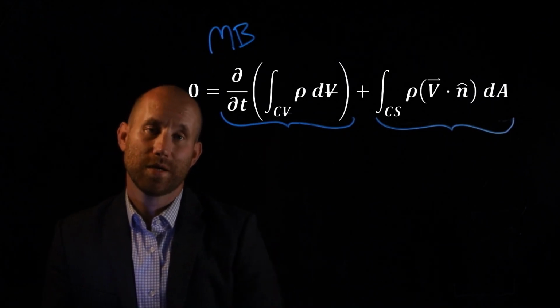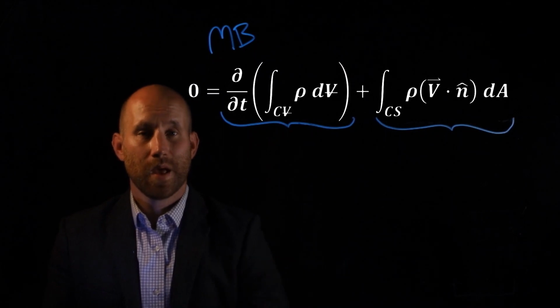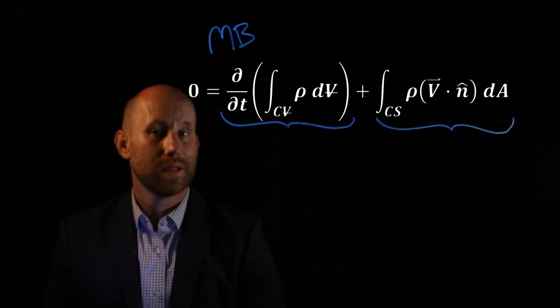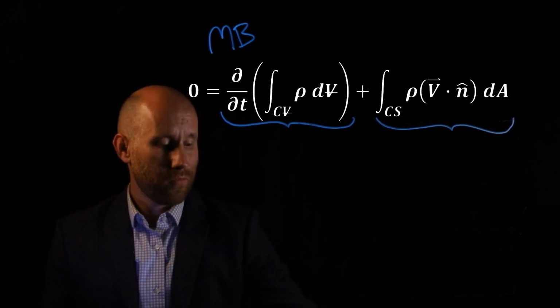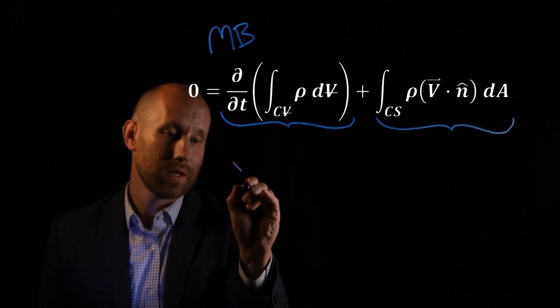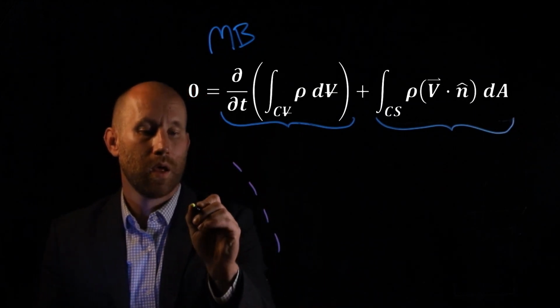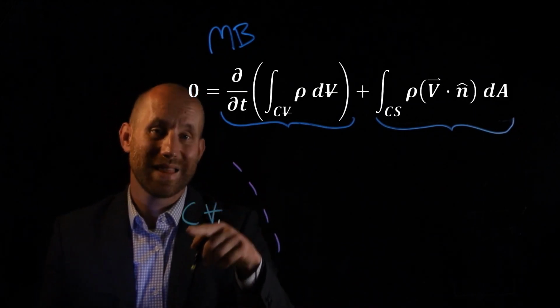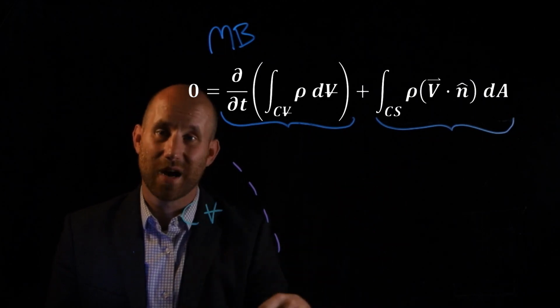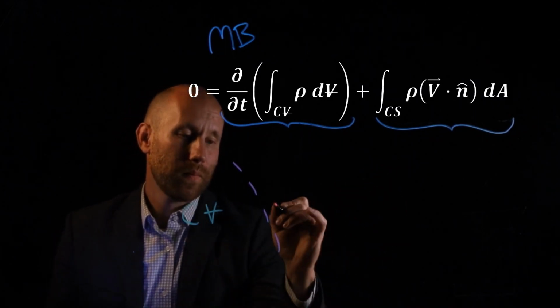Previously in our lumped equation, we had a mass flow rate in term that was different from our mass flow rate out term. Now both of these terms are encompassed in this one integral. If we recall, looking at our control surface, so I'm just going to draw a portion of it, where we have our control volume on the inside, and out here is the environment or surroundings that we call it. Commonly,